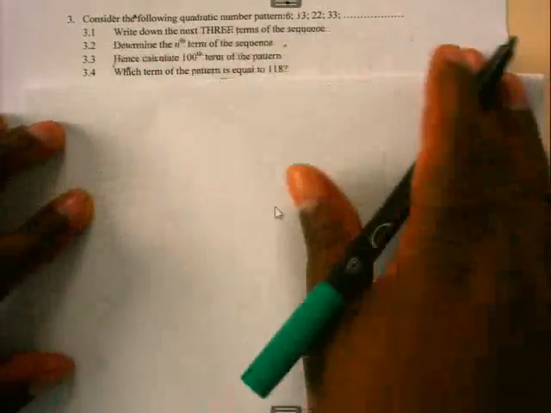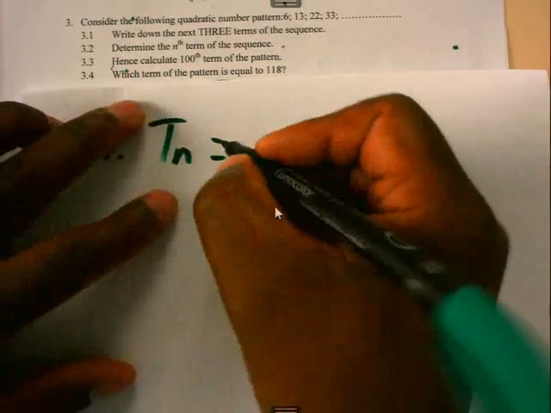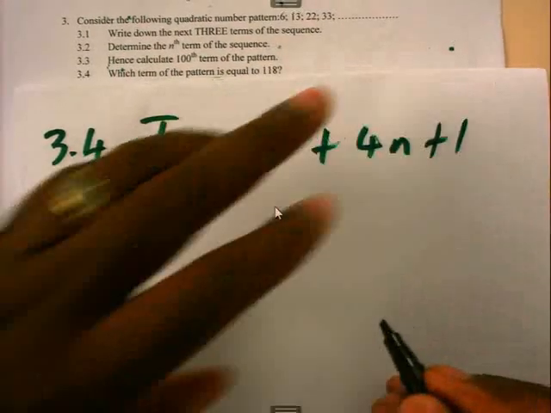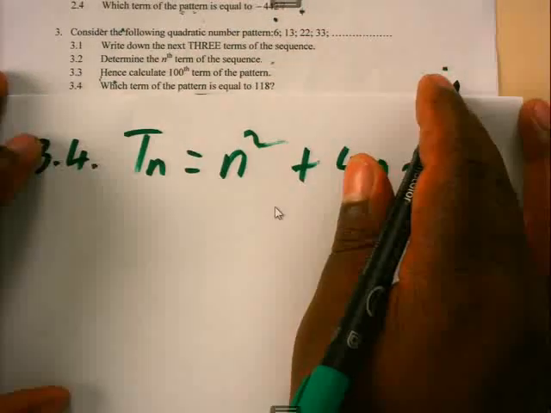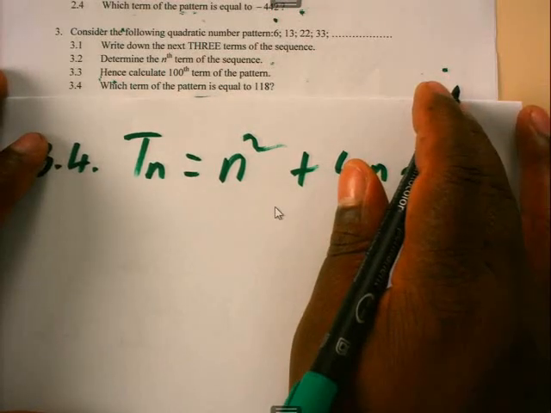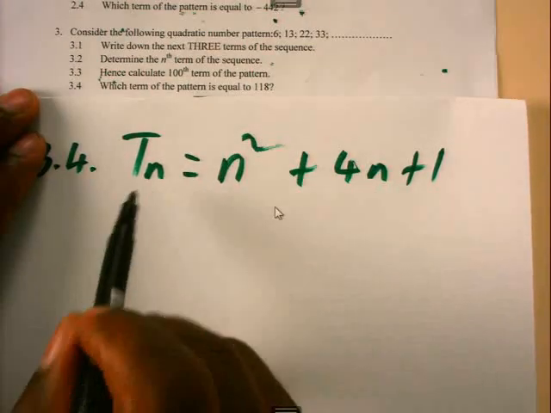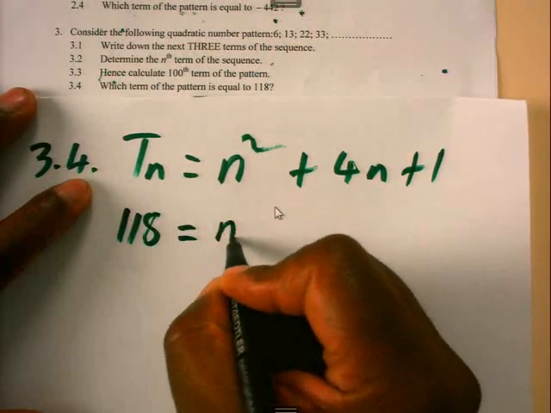3.4. Remember our nth term? Our nth term is Tn equals n squared plus 4n plus 1. So which term is equal to 118? 118 will be our Tn because we do not know its position. We don't know the position of 118. So all we have to do is substitute Tn by 118, which equals n squared